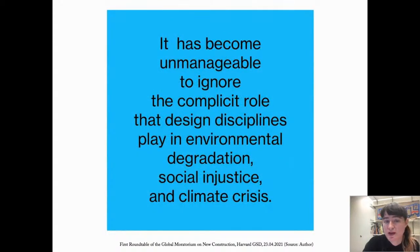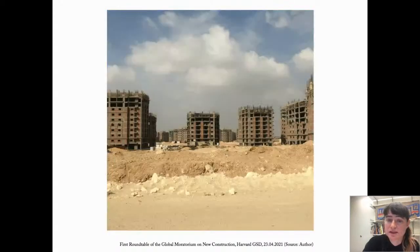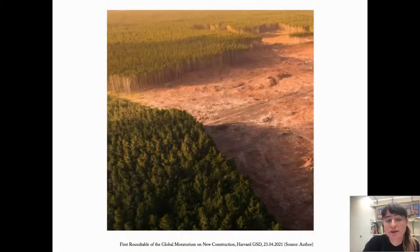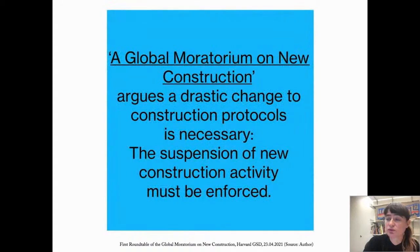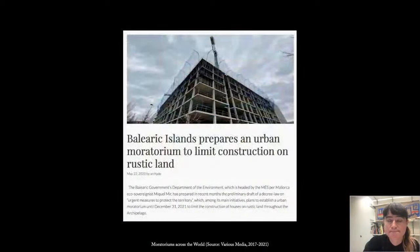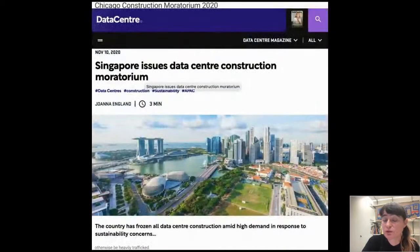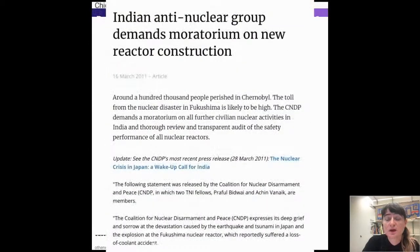The racial, social, and environmental damage that comes intrinsically with using resources means that building is a choice of destruction. A drastic change to construction protocols is necessary. Building moratoriums have been used globally to halt the construction of a project or of several projects, or demanded to